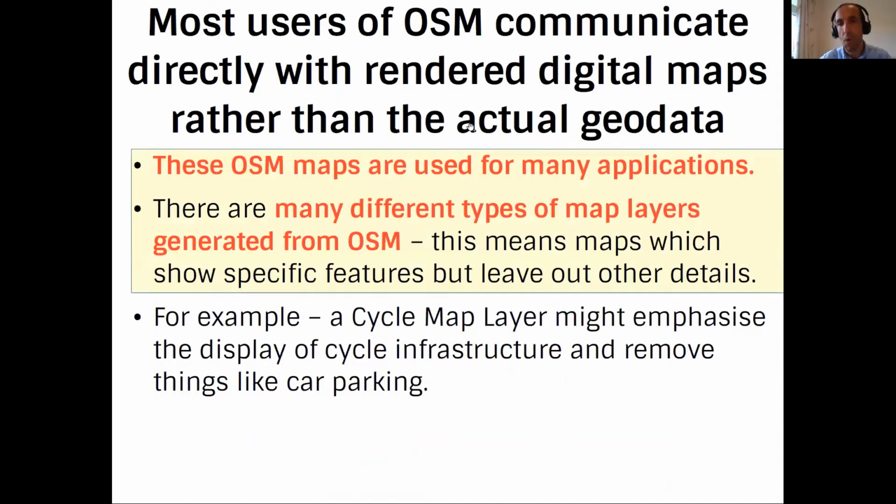So most people who communicate or interact with OSM actually integrate or interact with the digital maps. And of course, the maps can be used for many different applications. Now, the real key here is that maybe for listeners or viewers that are not so familiar with databases of